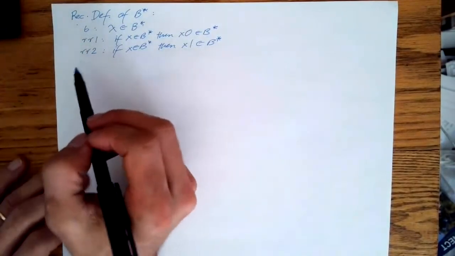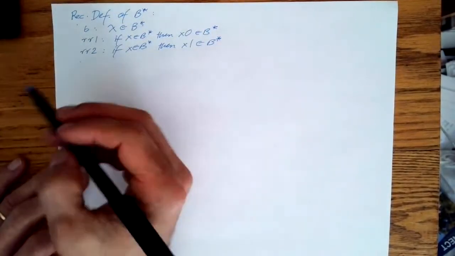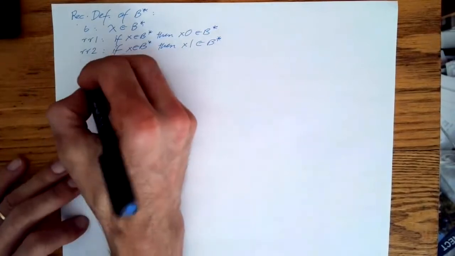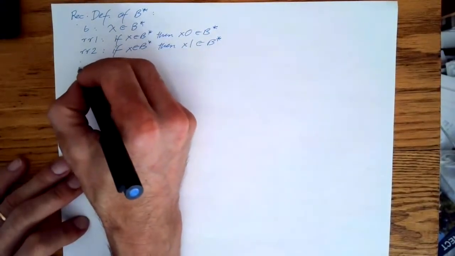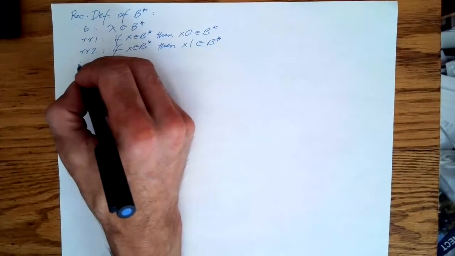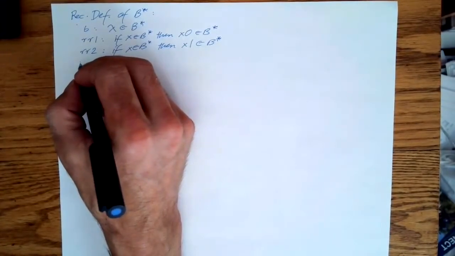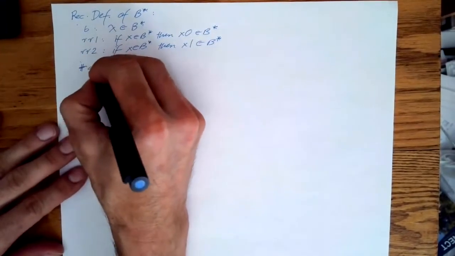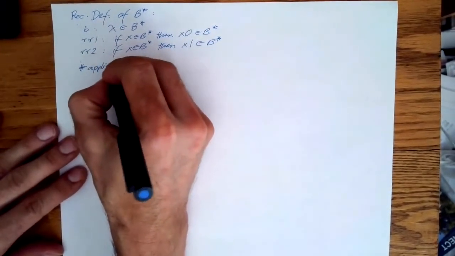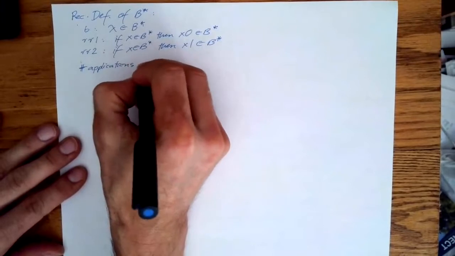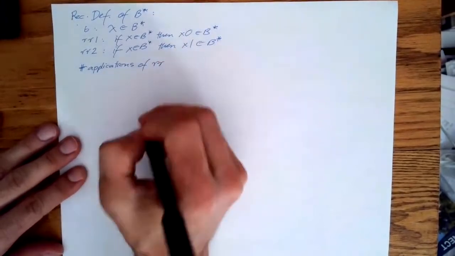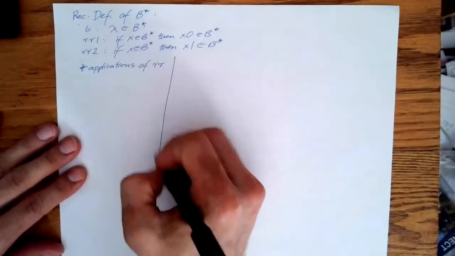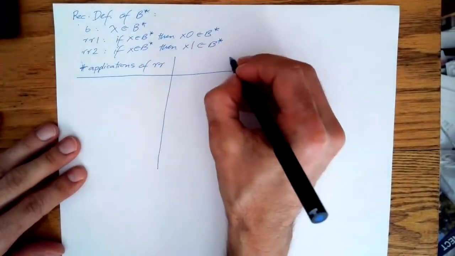So let's see how these rules can function to create a set. We'll have in this column the count of the number of applications of the recursive rules, and here perhaps